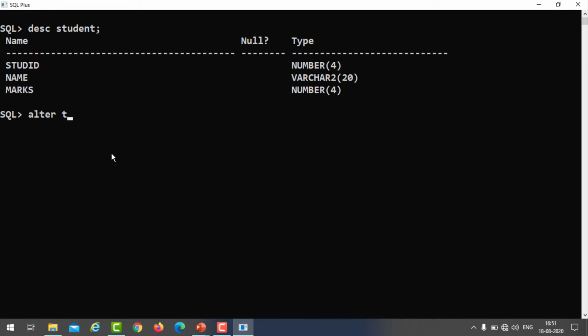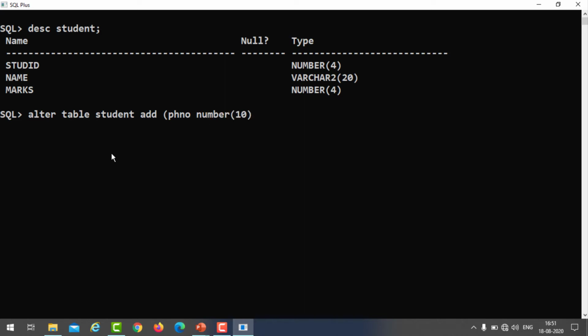Alter table student, student is the table name, then the add keyword. By using add, phone: phone is a number data type, right? Like phone number, you can mention PHNO as well. This is the number data type, so I declare the number data type.